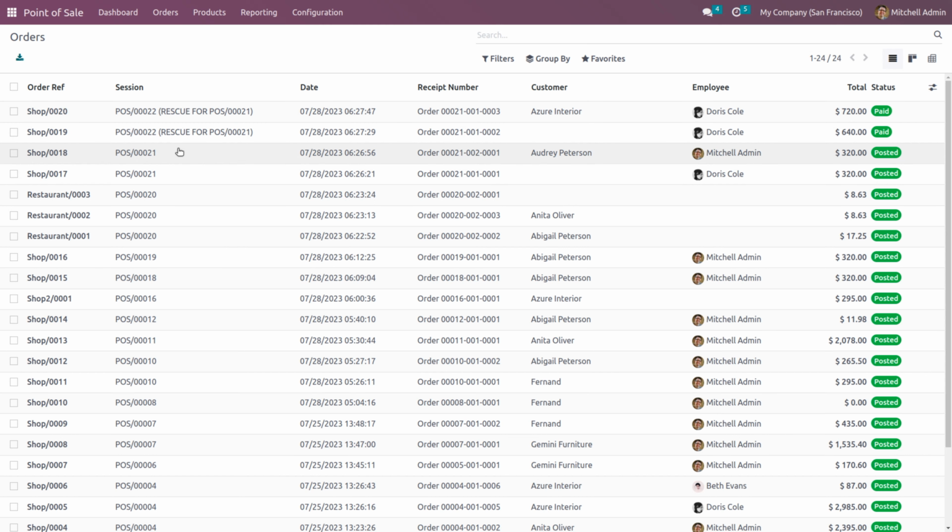So this helps to provide an uninterrupted session. That is, point of sale only requires internet connectivity at the time of session closing and opening. Otherwise, even if the internet connectivity is down, cashiers can take orders, but they will be moved to the rescue session similarly. So these are all the features available in the point of sale, and we'll have the remaining things at